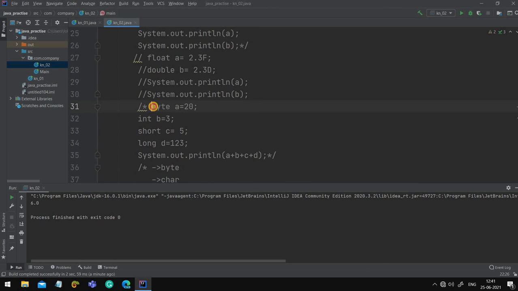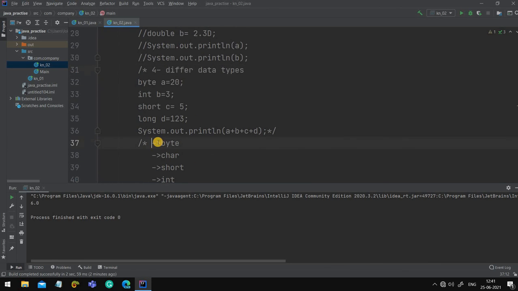This is the fourth one. Here we are using different data types, and at the end I have told you the hierarchy of data types, not of operators.